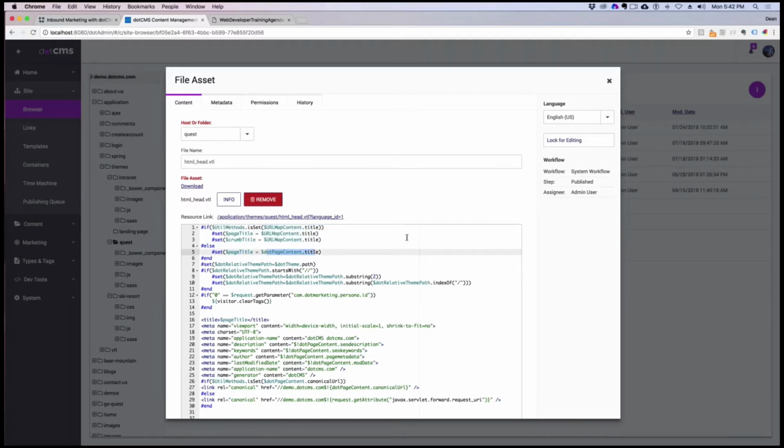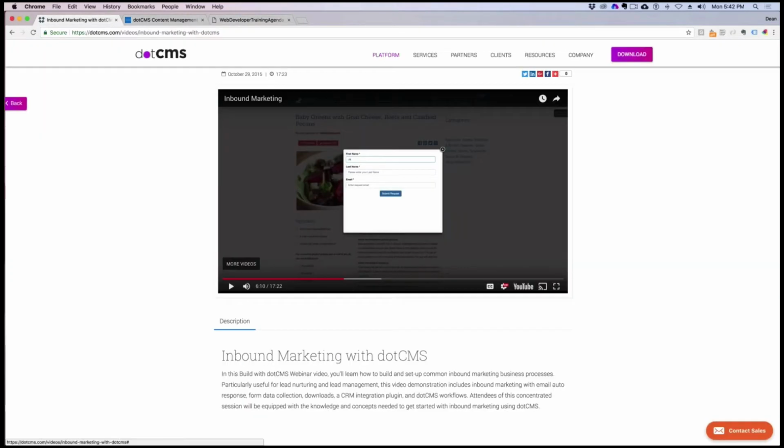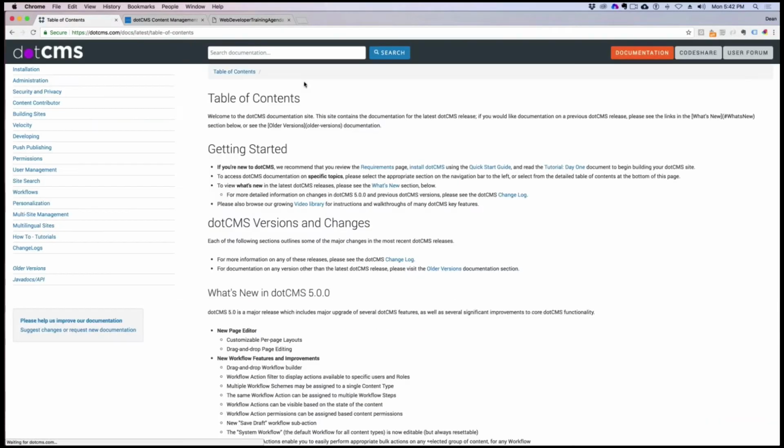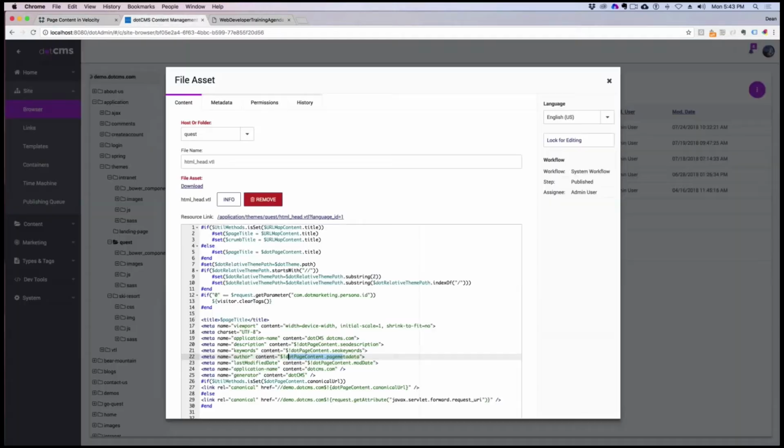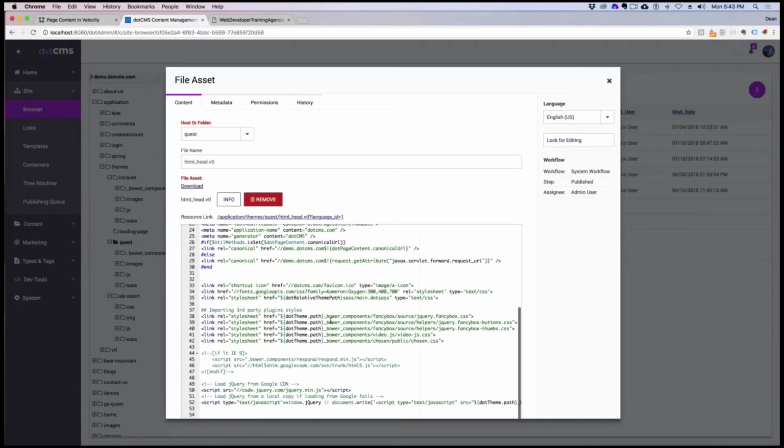documentation, is the way that you get page properties, right? Page content, and here's our page content and velocity, and here's all of the different fields that are part of the basic or the advanced fields on any dotCMS page. Okay, and it gives you what's going to be the return off of getting those objects as well. So that's what we put into the HTML_head. And do any of the preloads, fonts, or you can load all your CSS here, and you'll also notice a .theme path, okay? And then once again, if you go to our documentation on themes,